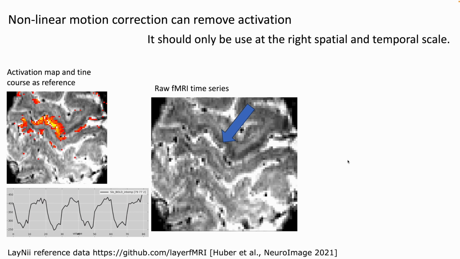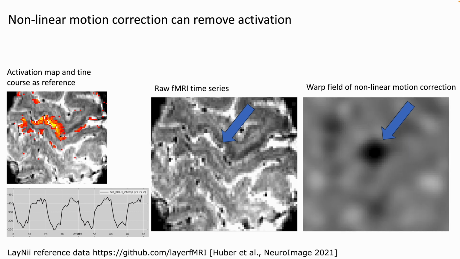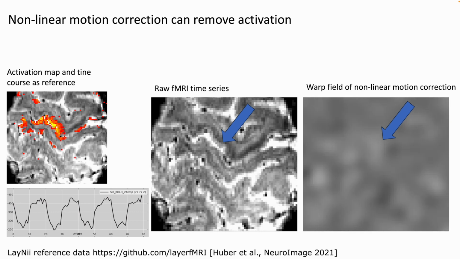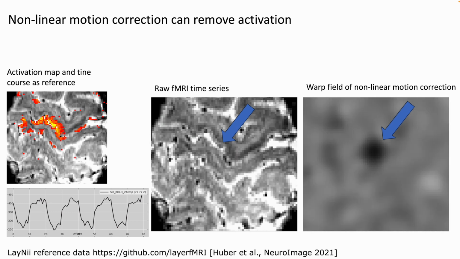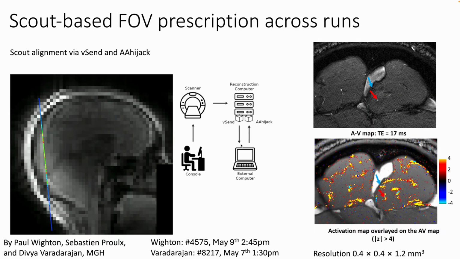So you clearly see the activation with the naked eye. And then when you pump this through these nonlinear motion estimations, you can see that we have kind of shrinkage, less shrinkage, shrinkage, less shrinkage. So the motion algorithm tries to account for these signal changes across time by interpreting it as motion, reducing some of the variance that we are interested in. More advanced approaches of alignments are needed when it comes to single slice experiments here, where